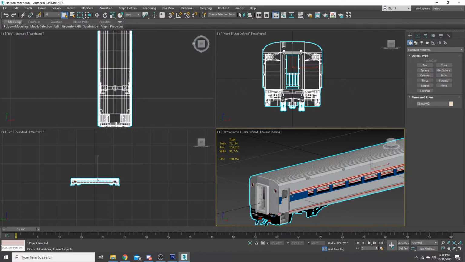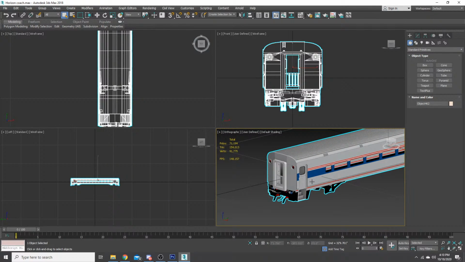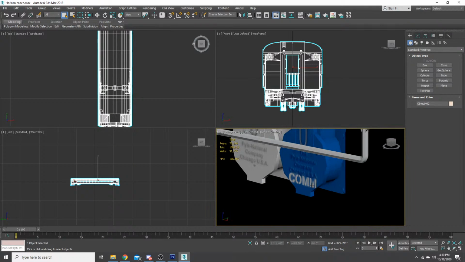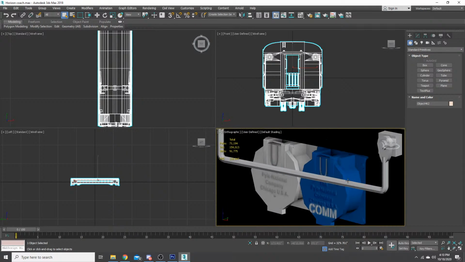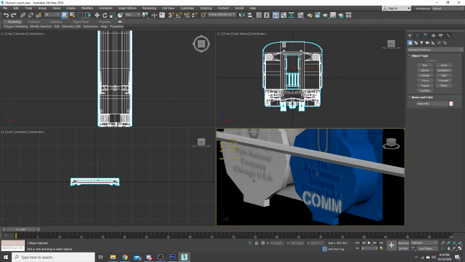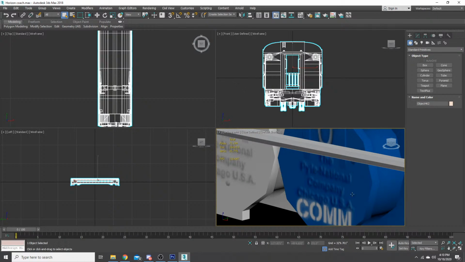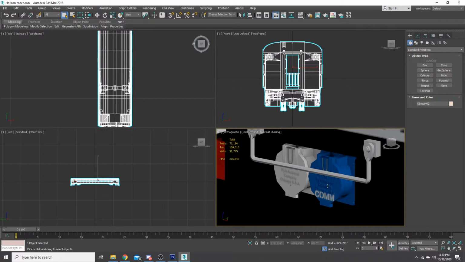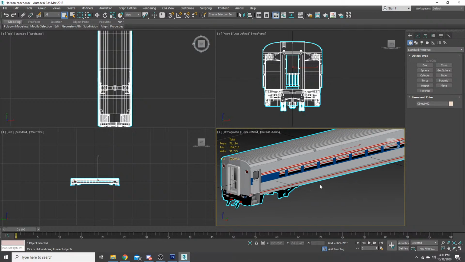I'm just experimenting with stuff right now, laying down details, laying down paint to get a basic idea of what I want. And then, of course, we'll go through weathering and other stuff like that. So here's an example of the MU receptacles using some Photoshop techniques to make it look like there's raised letters. So yeah, this is the main body.